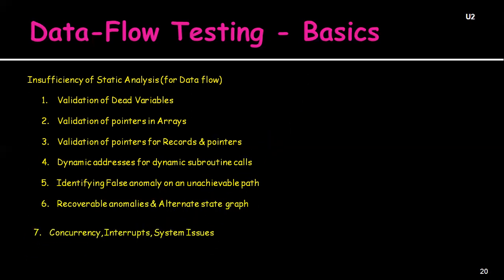Next, concurrency, interrupts, and system issues. Anomalies become more sophisticated when moving from a single processor environment to a multi-processor environment. The main task of the interrupt is to develop the correct anomalies, even when performed in true concurrency or pseudo concurrency. The objects of the systems undergo integration testing for detecting the data flow anomalies at runtime, which was not possible using component level testing.